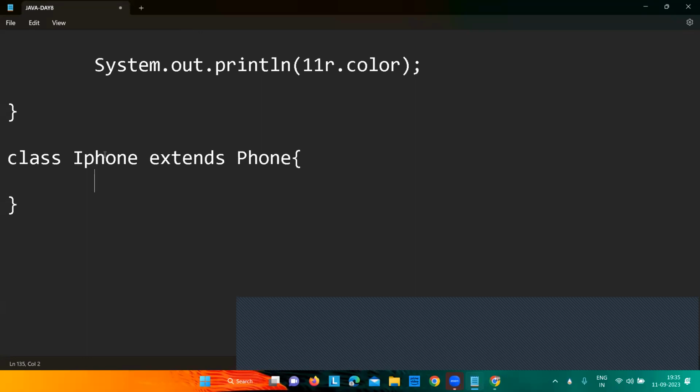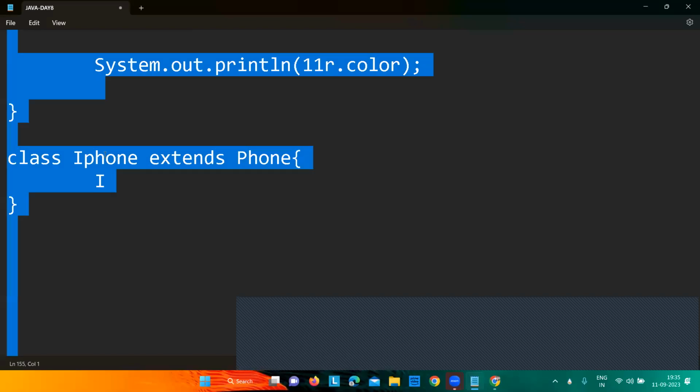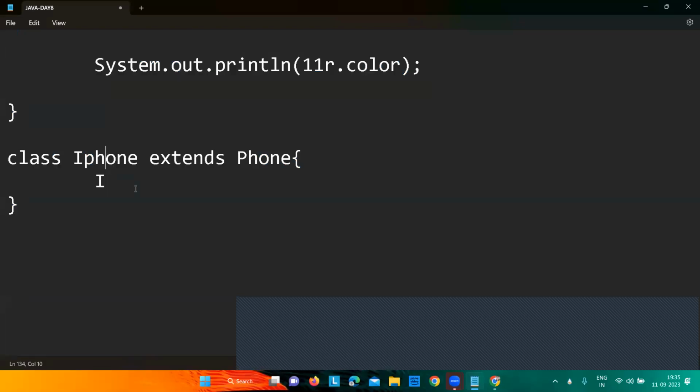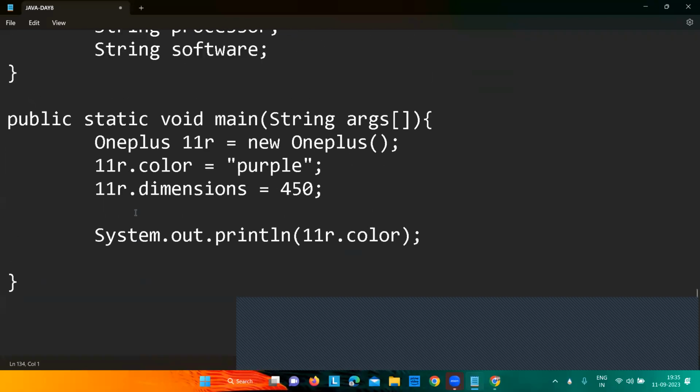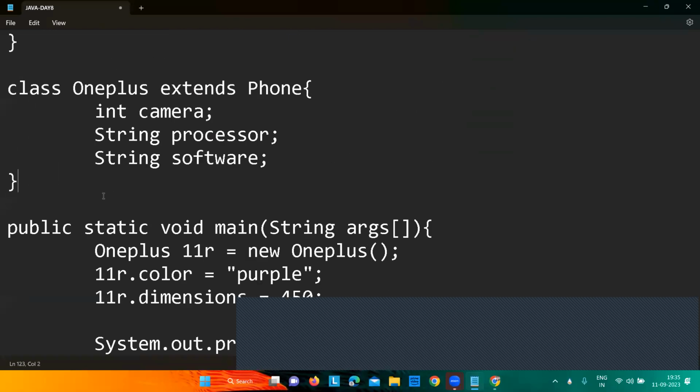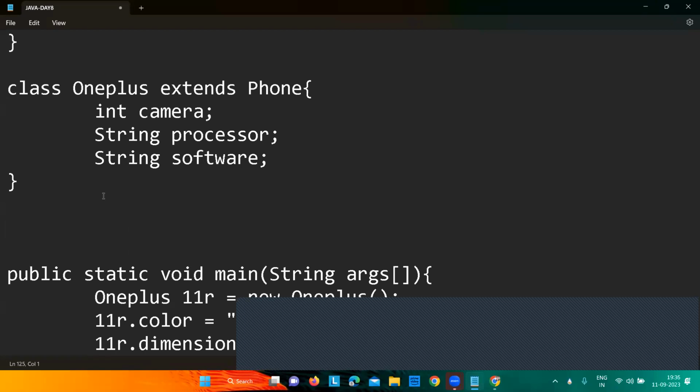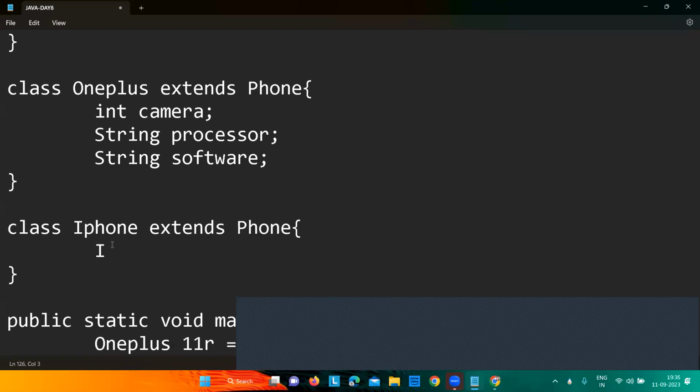And we can also create the object. Let me just place it here before the main method. Okay, iPhone, let's say 14 is equal to